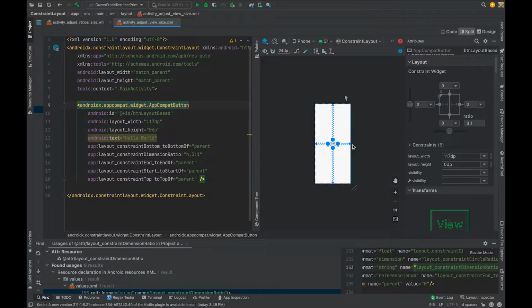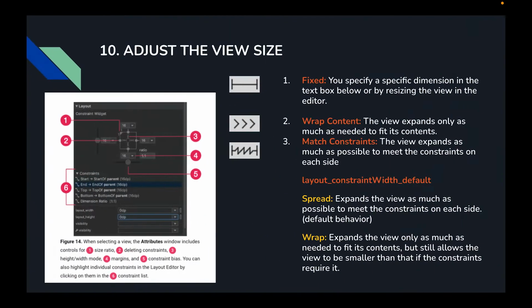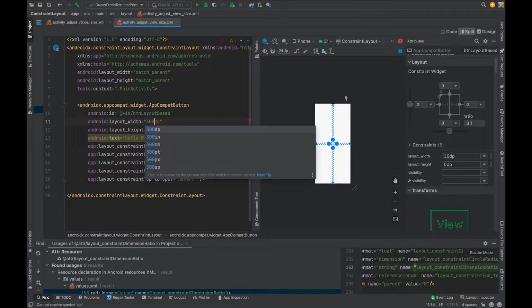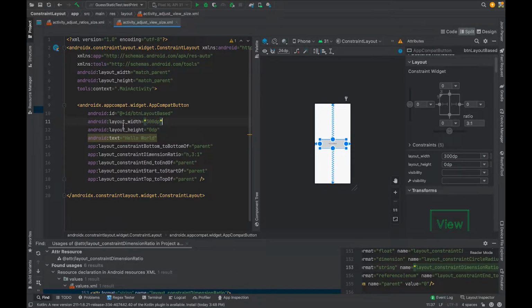And go to another one. This one we call fix. So let's check the definition here. Fix: you can specify a specific dimension in the text box below by resizing the view in the editor. I already tested it for you. So for the width, you can change it,